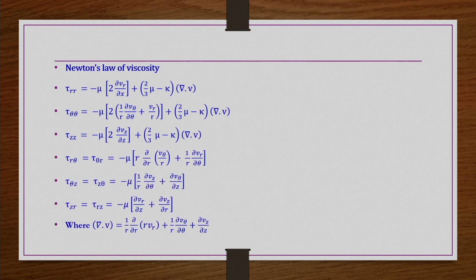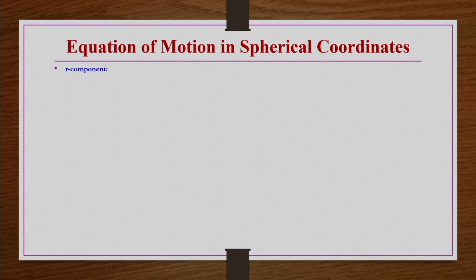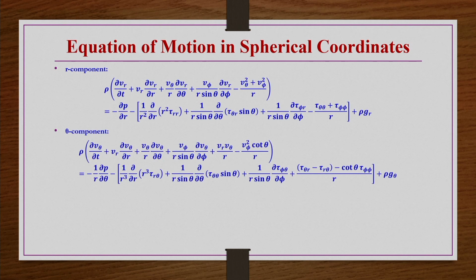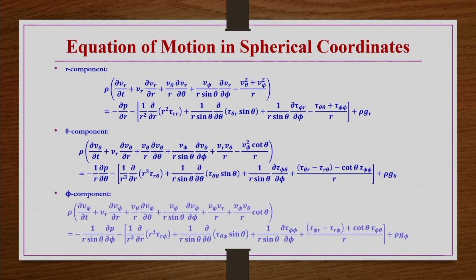Okay. And then likewise, if you derive these momentum equations in spherical coordinate system, whatever the momentum equation we just derived in Cartesian coordinate system, you apply the corresponding transformation to get the spherical coordinate equations. Then you will have equations of motion in spherical coordinates like this: r component of momentum equation, theta component of momentum equation, and then phi component of momentum equation, right.